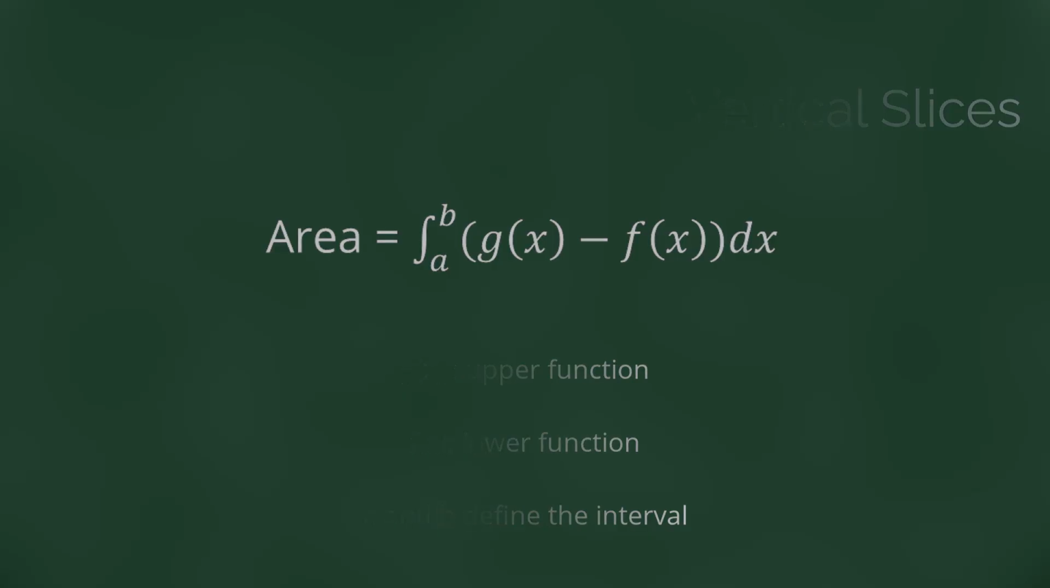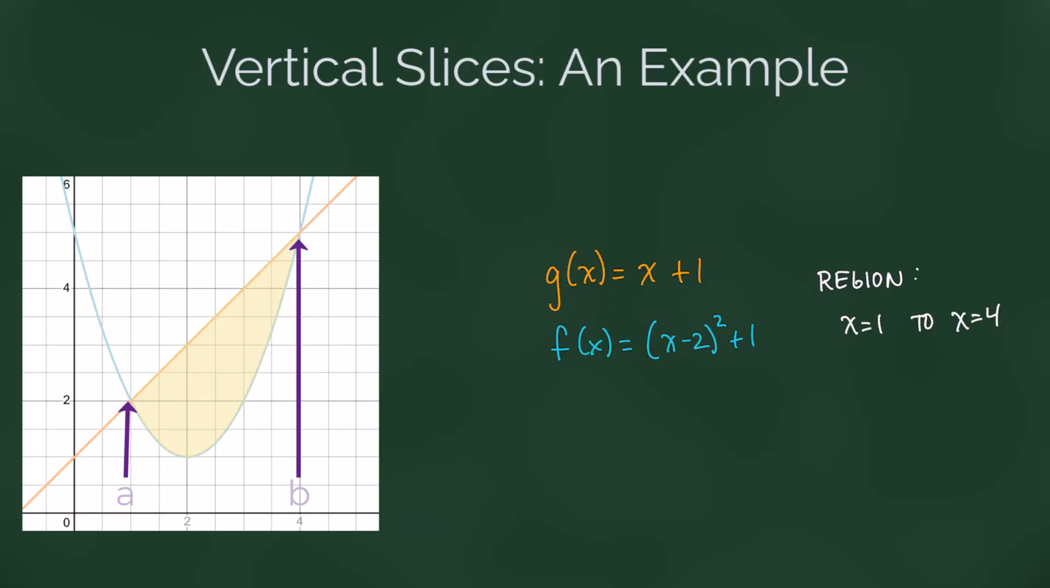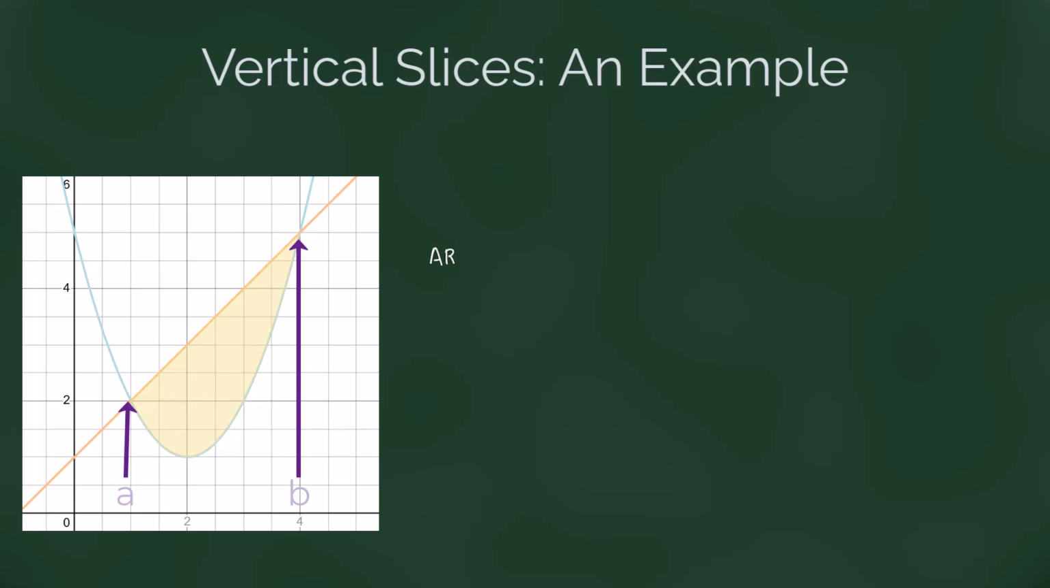Let's try an example. In this graph, we see that g of x is the line x plus 1, and f of x is the parabola (x minus 2) squared plus 1. We can see that these two graphs intersect each other at x equals 1 and x equals 4, so those are the values that outline our region. Our area then, we know, is given by the integral from a to b of h of x dx, where h is the height. So we get the integral from 1 to 4 of g of x minus f of x dx,